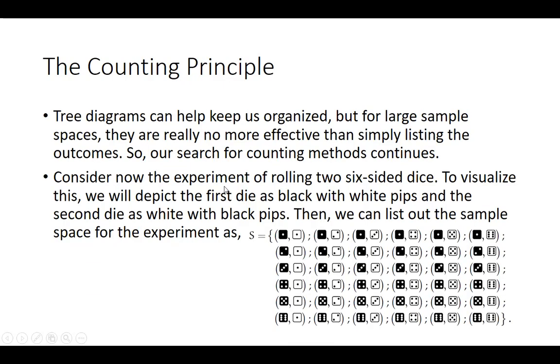Tree diagrams can help keep us organized, but for large sample spaces, they are really no more effective than simply listing the outcomes. So our search for counting methods continues. Consider now the experiment of rolling 2 6-sided dice. To visualize this, we will depict the first die as black with white pips and the second die as white with black pips. Then we can just list out the sample space for the experiment as